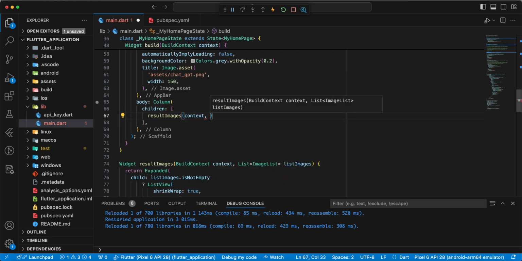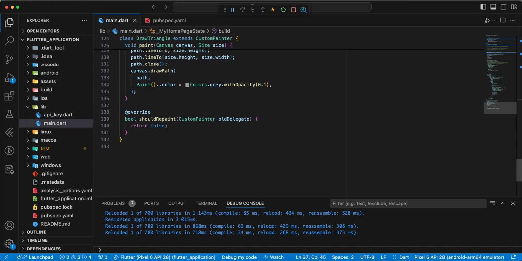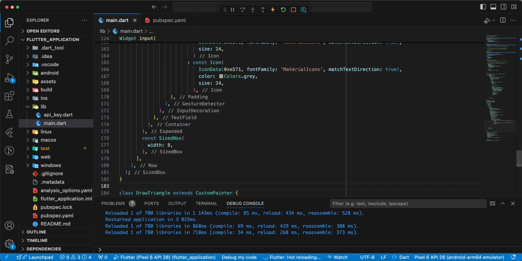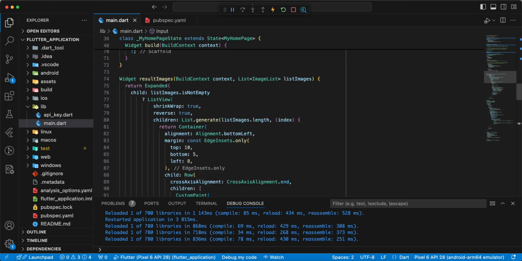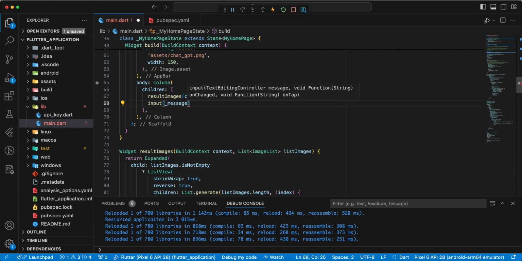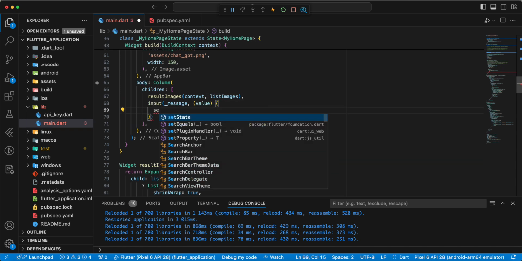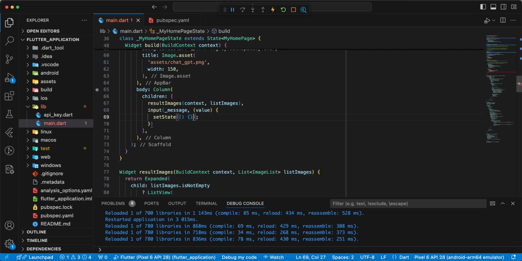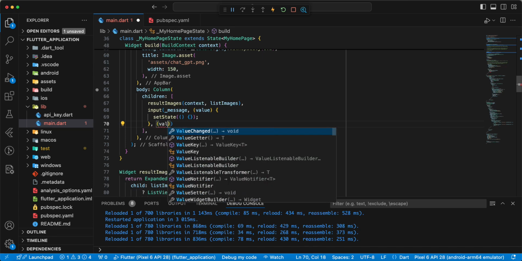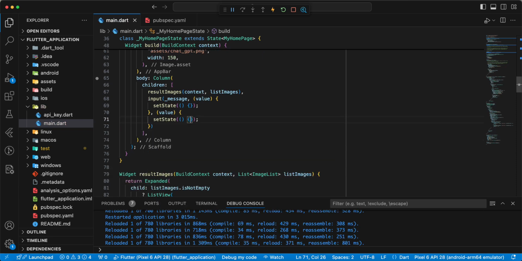to the column, add context, add list images, then we add input, add message, then we write value, set state, then we write value, write set state, and we add generate images,